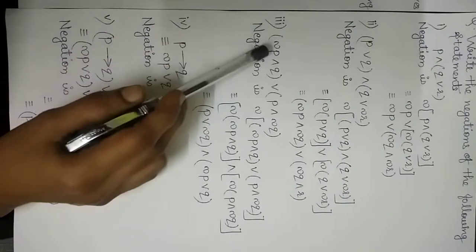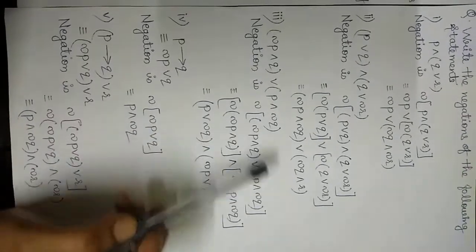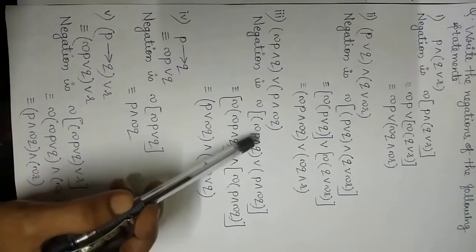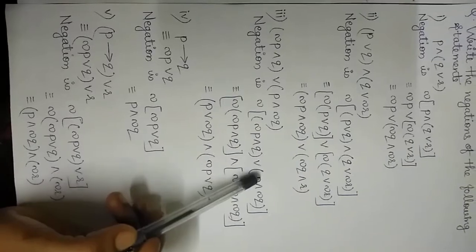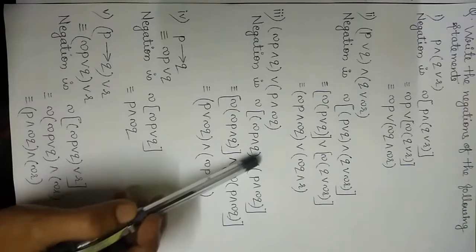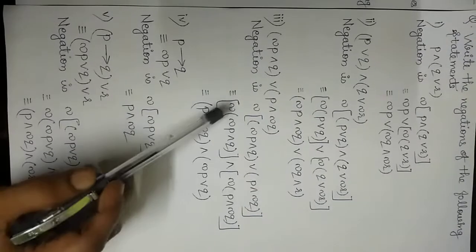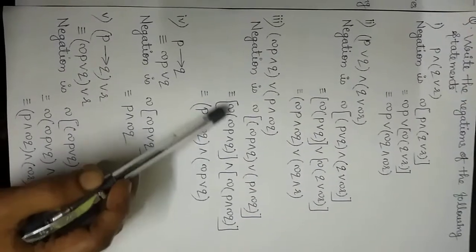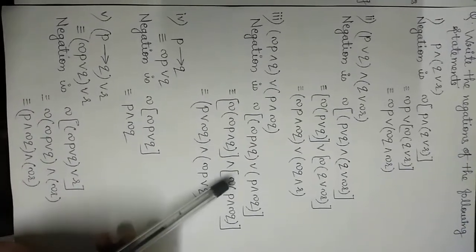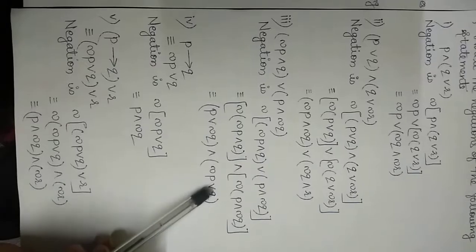Now here third one, negation of P and Q or P and negation of Q. First we will write the entire statement as it is. We will apply the negation from outside. Here also, just like the previous sum, two brackets are present. So we will apply negation sign to both the brackets, and middle term, which is OR, that will become AND. Now applying negation to each and every term of first bracket, negation will get cancelled. Here we will get P or negation of Q, middle is AND, then negation of P or Q. Here also negation will get cancelled for Q.